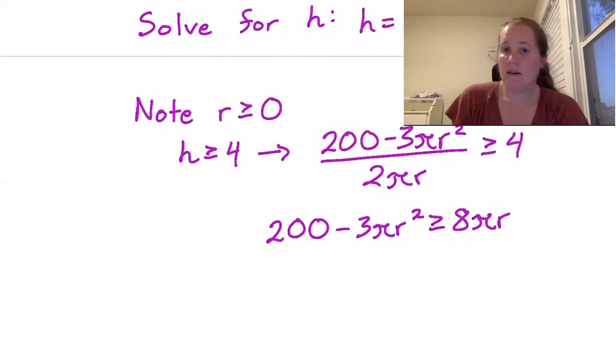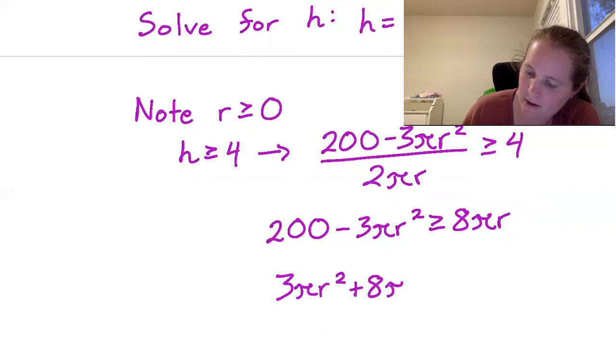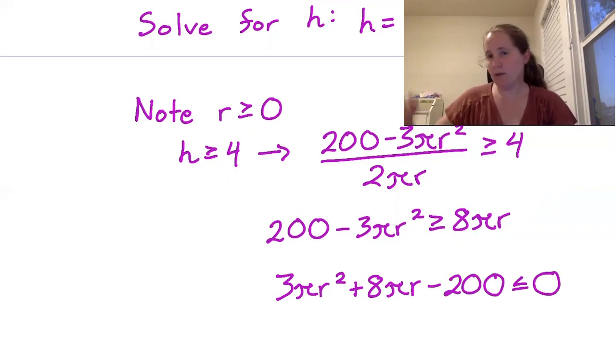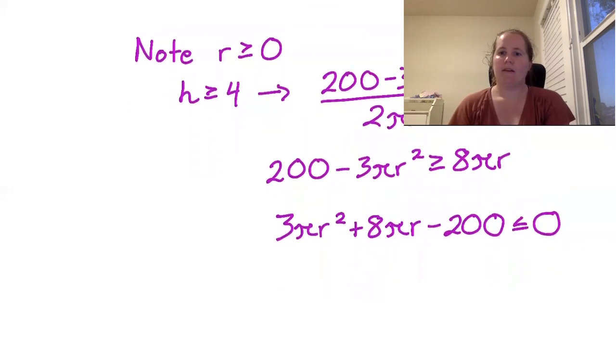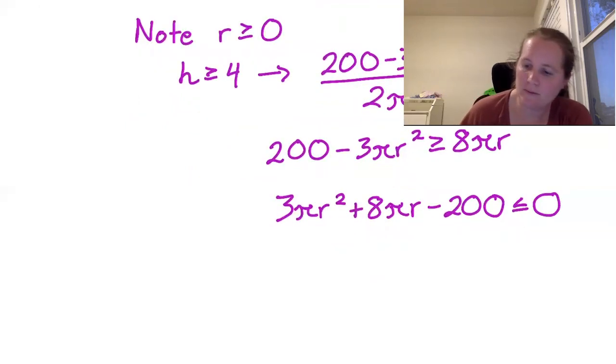And then if we rearrange this, we're looking for positive 3 pi r squared plus 8 pi r minus 200. We're looking for where that is less than or equal to 0. So this is moving everything over to the right and then writing the equation kind of backwards. Right. So we can figure out where this is equal to 0